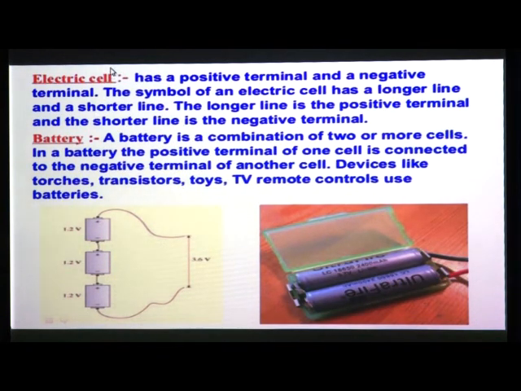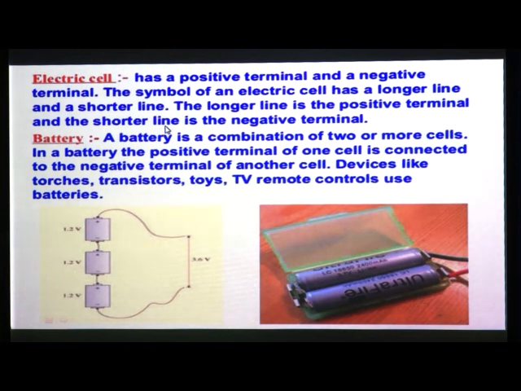Next, it is an electric cell. So what is meant by electric cell? An electric cell has a positive terminal and a negative terminal. Now I ask you, what is meant by a plus sign and a minus sign on an electric cell? That is nothing but the positive and negative sign we know, but electric cells have a positive terminal and a negative terminal. So this positive sign is showing the positive terminal, and whatever negative sign is there is showing the negative terminal.